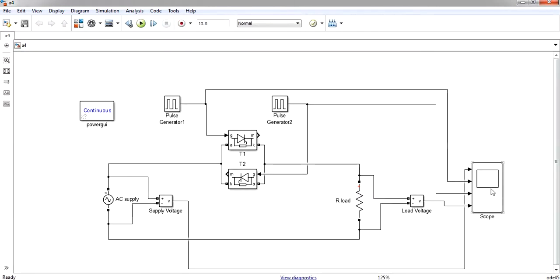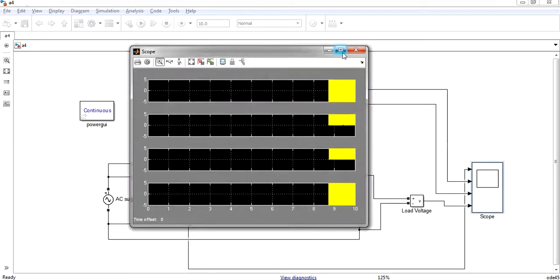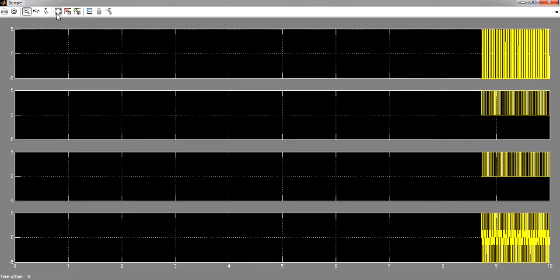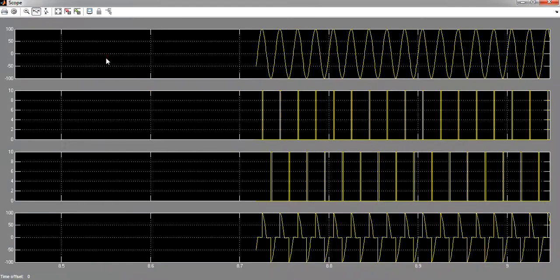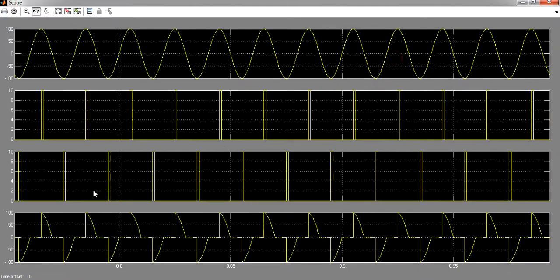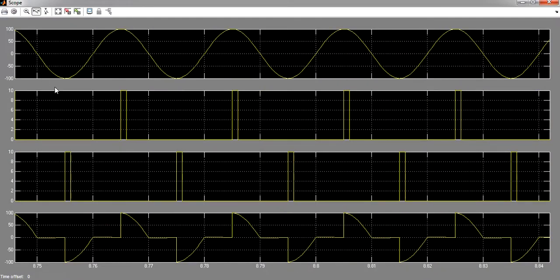To observe the waveforms you have to double click on scope. So in this way you will get the waveforms. Then click on auto scale. So if you click on auto scale you can see the waveforms. If you want to zoom it further, zoom your x-axis, because the y-axis is quite visible. So to understand it properly I am zooming the x-axis. So can you see now? So see here, this is your first event. This is not the start of this waveform because I have zoomed it and I clicked in between somewhere.